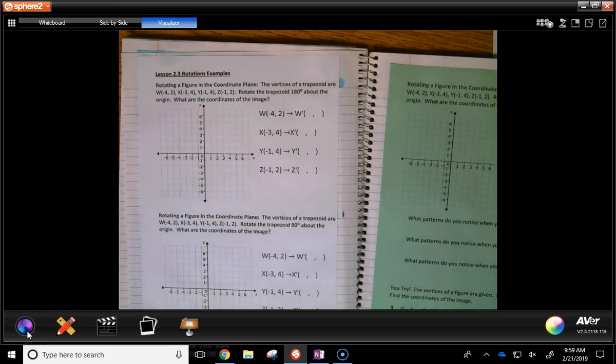Today our goal is going to be to continue to work with rotation, but what we want to understand is about how rotations will affect our coordinate points. There is a little system of a trick that's going to help us. Now, the first thing I want to do is I'm going to put up here on my board